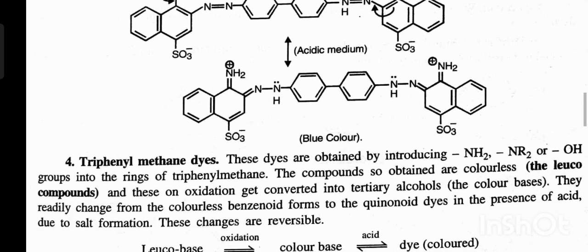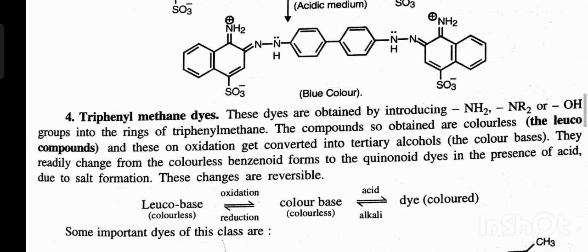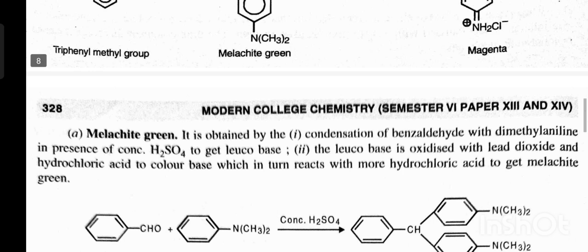Fourth, triphenyl methane dyes. These dyes are obtained by introducing NH2 and R2N or OH groups into the ring of triphenyl methane. The compounds obtained are colorless, the leuco compounds, and these on oxidation get converted into tertiary alcohol. They readily change from colorless benzenoid form to quinoid dye. In the presence of acid, due to salt formation, these changes are reversible. Some important dyes of this class are: